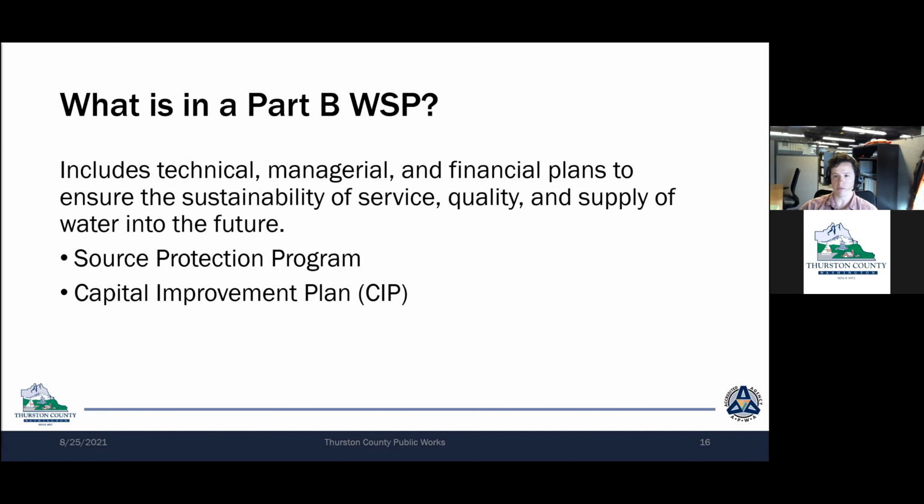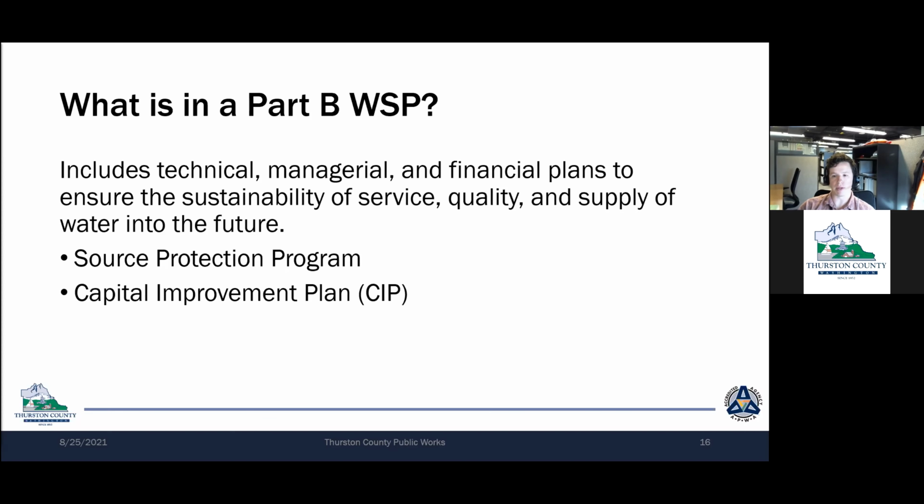The Source Protection Program describes the efforts to protect water sources, groundwater for all Thurston County systems, and describes the Wellhead Protection Program for the specific system. The Source Protection Program also includes a list of potential polluters and the process for notifying those within the protection area that pollution would result in impacts to drinking water supply. This helps to reduce impacts to groundwater, the utility, and to the customers.